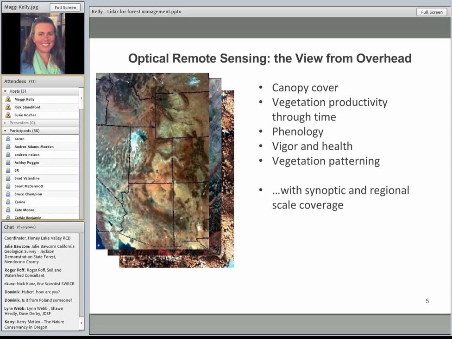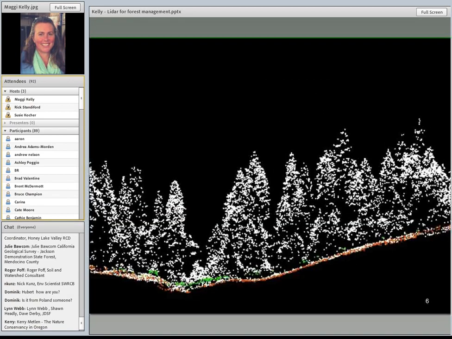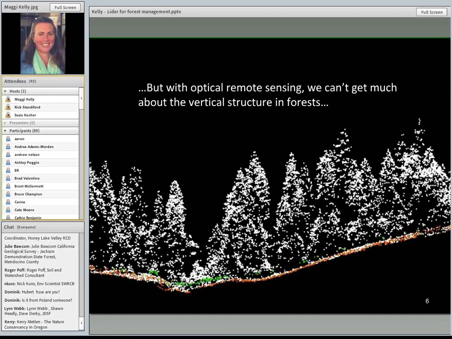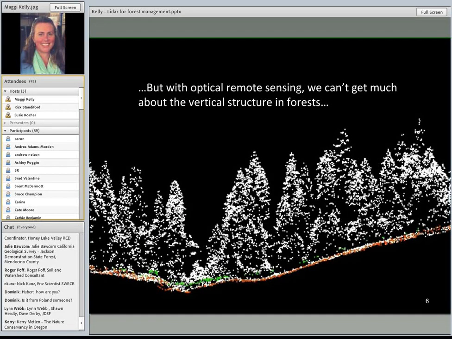And they've allowed us to come up with measures for things like canopy cover, vegetation productivity, phenology, vigor and health, and vegetation patterning with really broad scale and very timely coverage. So we owe a lot to this optical remote sensing tradition in forestry,